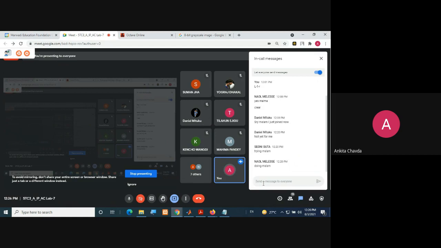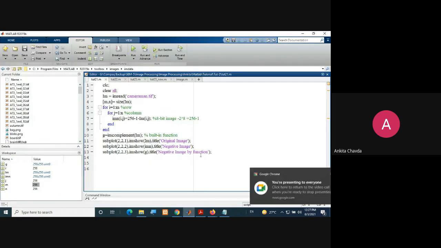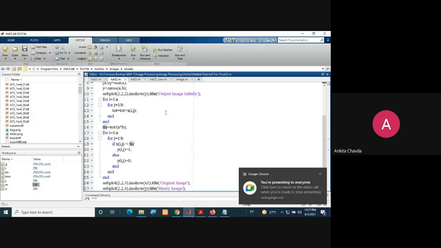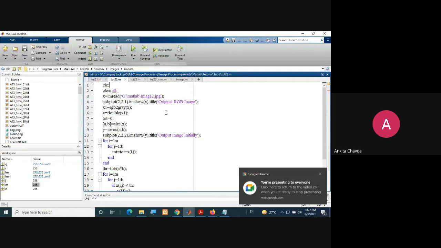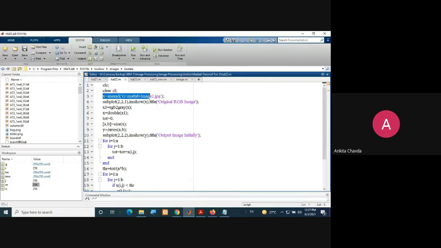So we will move on to the actual code. Okay. So here, your second program is about thresholding. I'm reading the image intentionally as RGB, because many times you are not getting a grayscale image, or maybe you want to convert your RGB to gray and then gray to a binary image. This is the whole thing I'm showing you here.